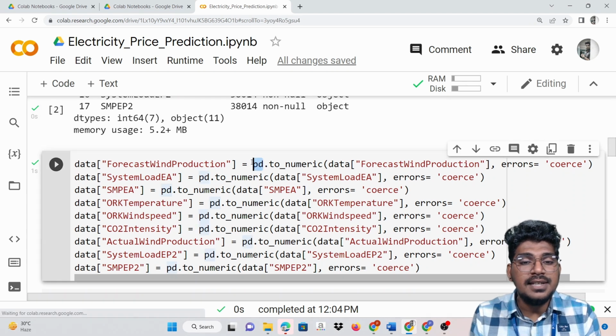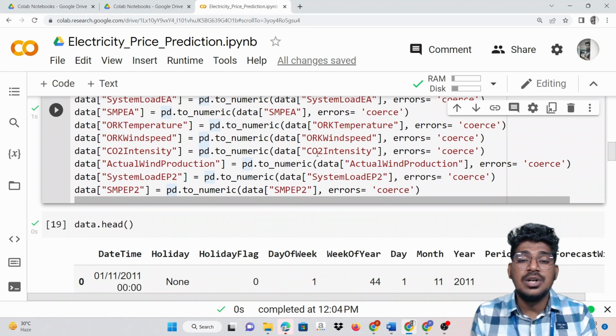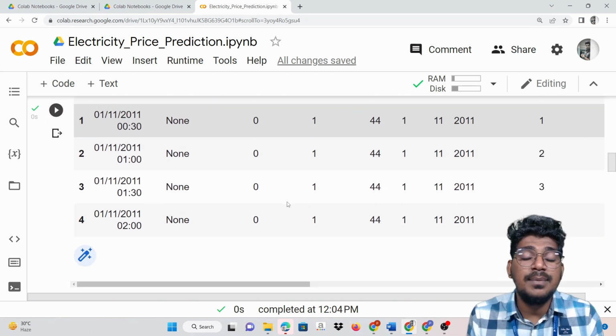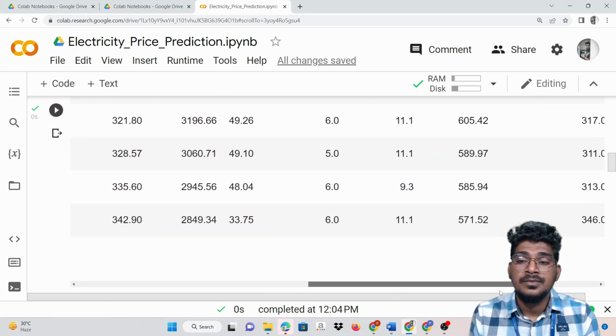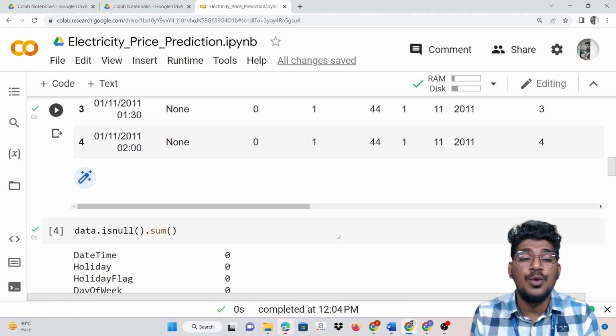That means pd.to_numeric on each of these columns. For each and every column we need to convert. After that the data will be like this. Now the data is very clean and also in the same format, that is numerical format.